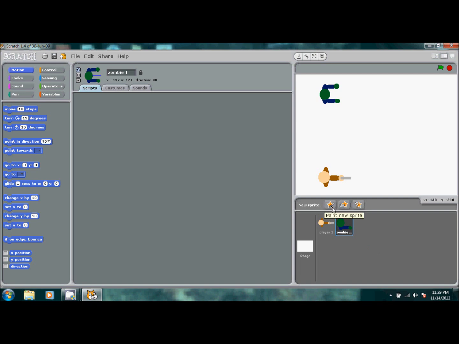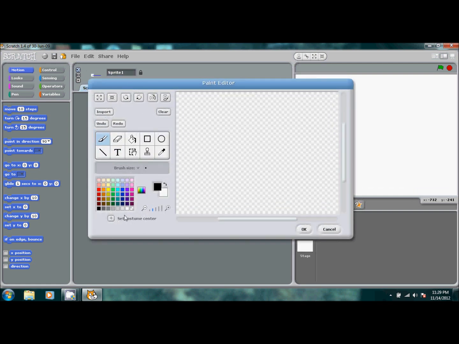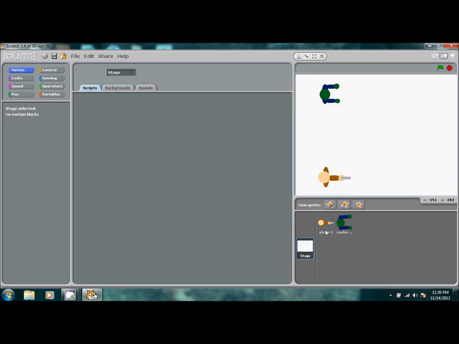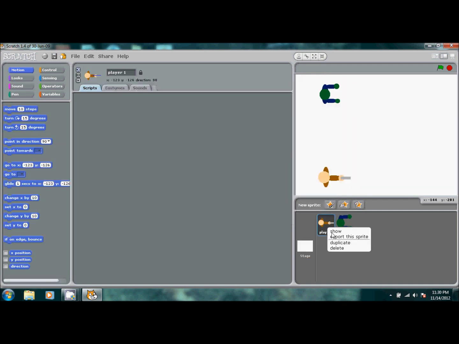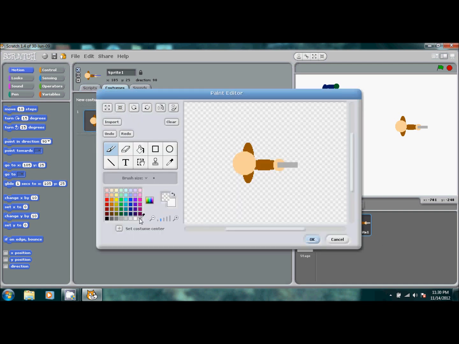And then we're going to make two more sprites and then we'll be done. And then we can just add the code after that. This will be the actual bullet. So just to make this easier, take the player, duplicate, and now that we have this one over here, we're going to go over to costumes, edit, click on the color down on the right at the very bottom, click on bucket and fill in everything that's not gray, and then take the eraser and get rid of that.